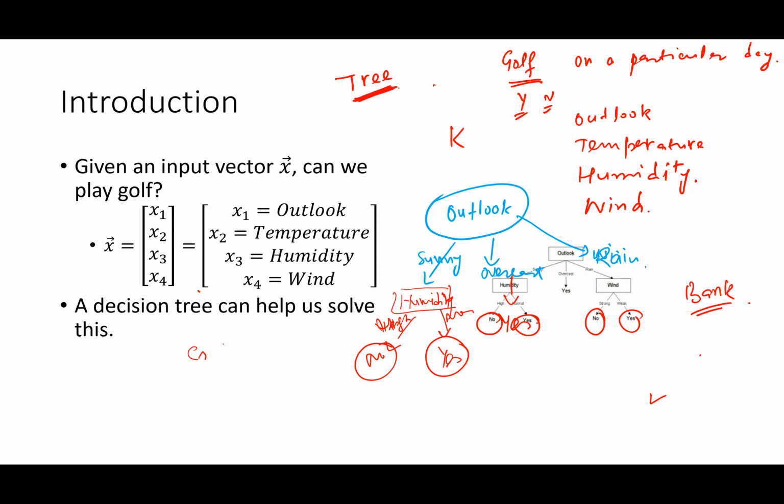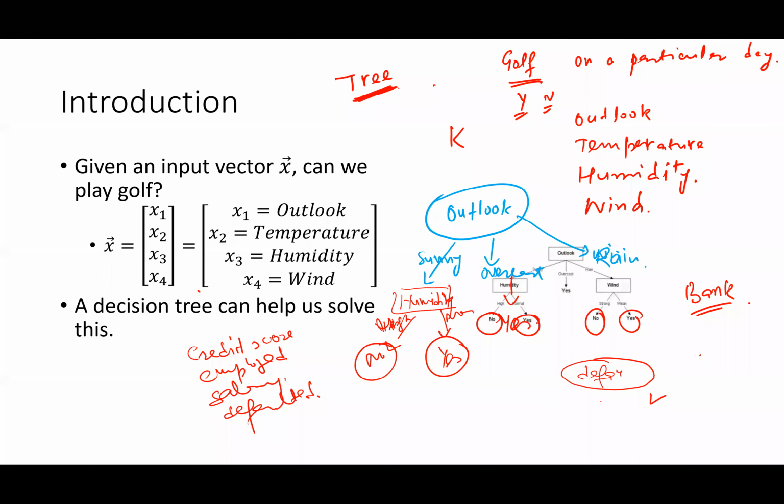They might want to look at a few factors. What is his credit score? Whether he is employed or not, and what is his salary? Whether he has defaulted previously or not. So these might be some of the parameters, and then we might come up with a decision tree. We might first start with whether he has defaulted with some bank or not. If he has defaulted, then we might not give him a credit card.